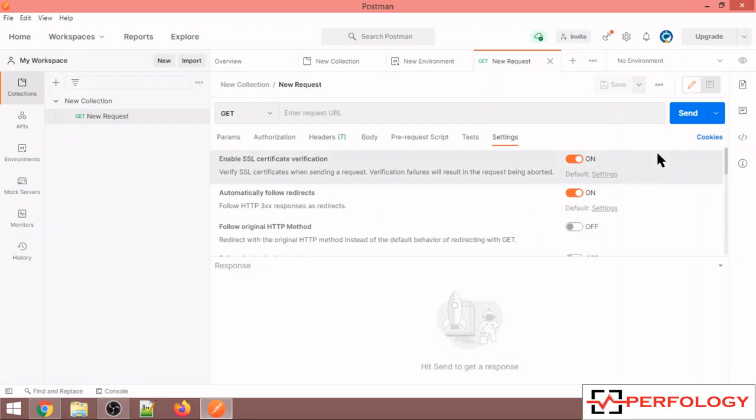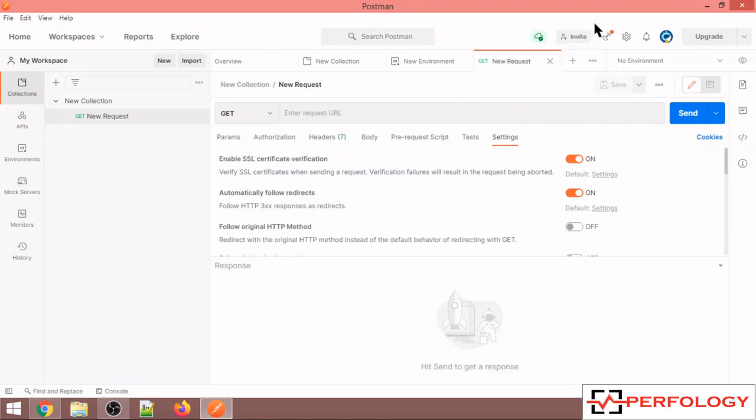At the top side over here, this is a sync option. So basically using this sync option, all the data in your workspace is backed up on the Postman servers, due to which all your information will be saved on the cloud, so that if tomorrow you log in to some other machine using your credentials, all the data will be available on that machine also. So this is the benefit of this sync option.